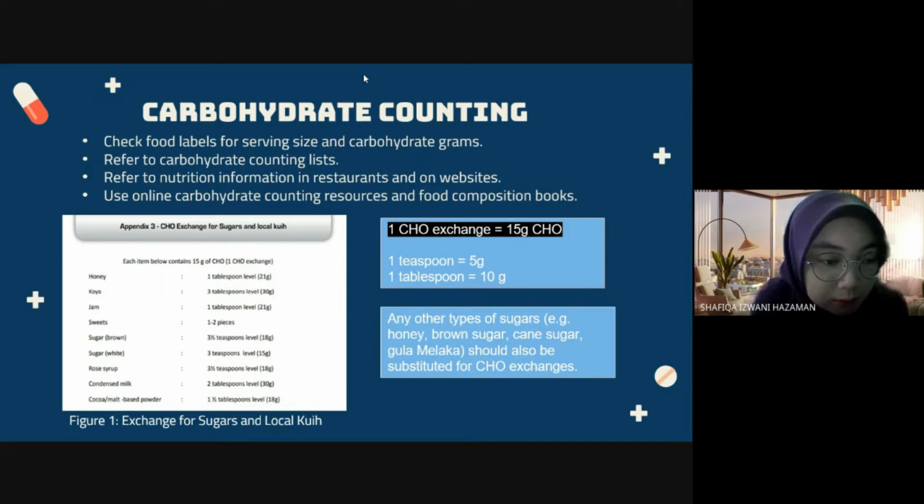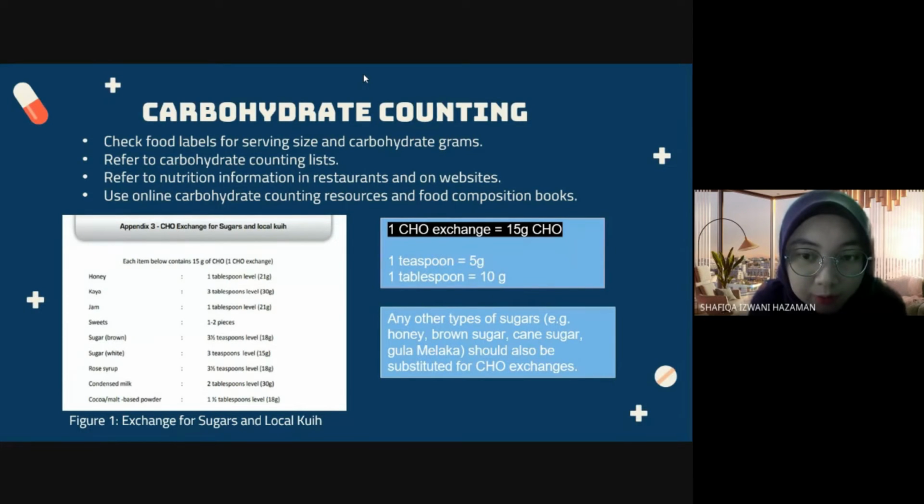Figure 1 shows the exchange of sugars and local kueh. For example, white sugar for one exchange is 3 teaspoons, which is 15 gram. One carbohydrate exchange is equal to 15 gram, and 1 teaspoon is equal to 5 gram, while 1 tablespoon equals to 10 gram. Any other types of sugar, such as honey, brown sugar, cane sugar, gula melaka, should also be